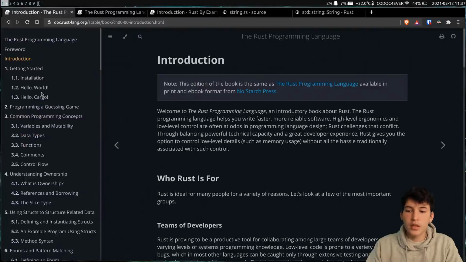So read the introduction to the language, then learn how to create exercises. You have examples here. And then after, go to read the definitions, all the different kinds of variables, the data types, the functions, the comments, and the control flow. And this should be enough to make all the quests without any problem.